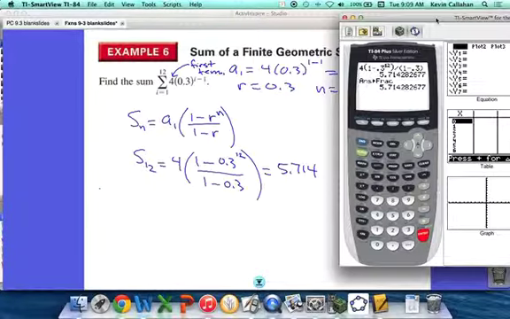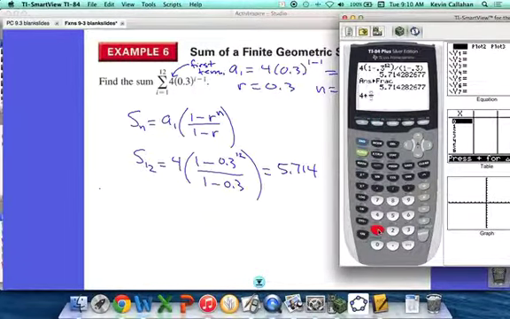Or you could do this. If you remember this, this is like a new thing that we learned at the end of last year. You could use the fraction notation in the calculator. If I'm going to put my 4 in, and I'm going to multiply it by this fraction. So I go alpha y equals 1, and, oh, that's wrong, clear. 4 times alpha y equals